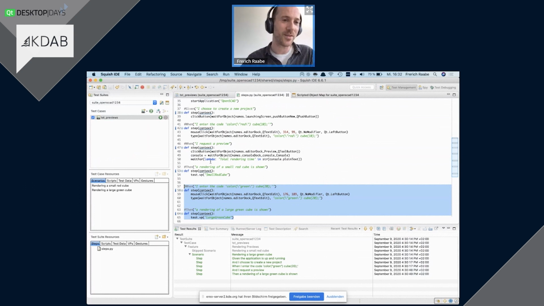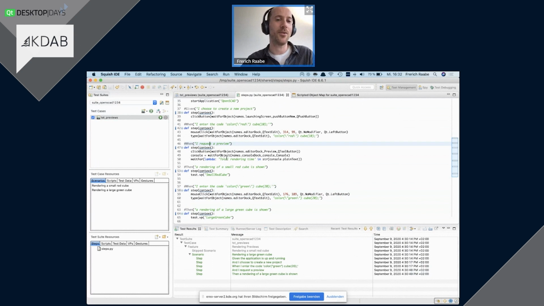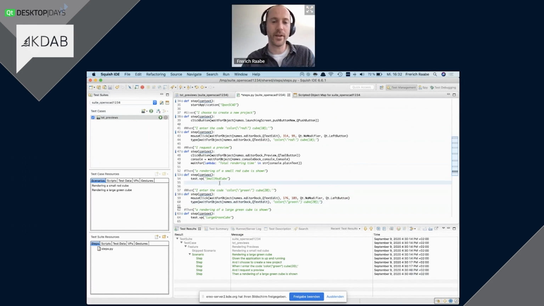For example, notice that this time around, we didn't need to tune our function again for rendering, for requesting a preview. Squish automatically reuses our hand-tuned synchronization logic. This makes testing in a BDD style a lot more viable and maintainable because adding new scenarios does not mean adding an entirely new test script, but you also don't give up on the recording functionality. If you were to create a script-based test case, you would have re-recorded the entire sequence from scratch.